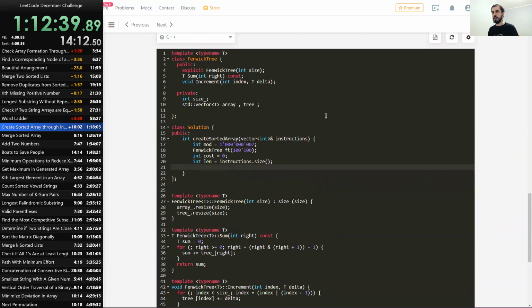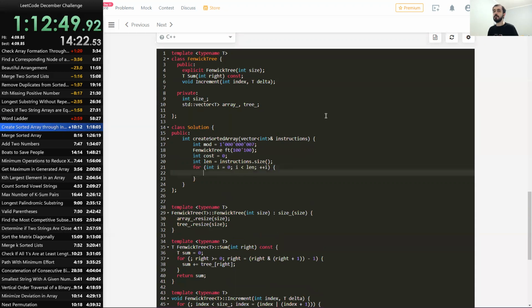So the Fenwick tree can do the following. As we iterate over all instructions, the Fenwick tree can get some instruction I, which will be